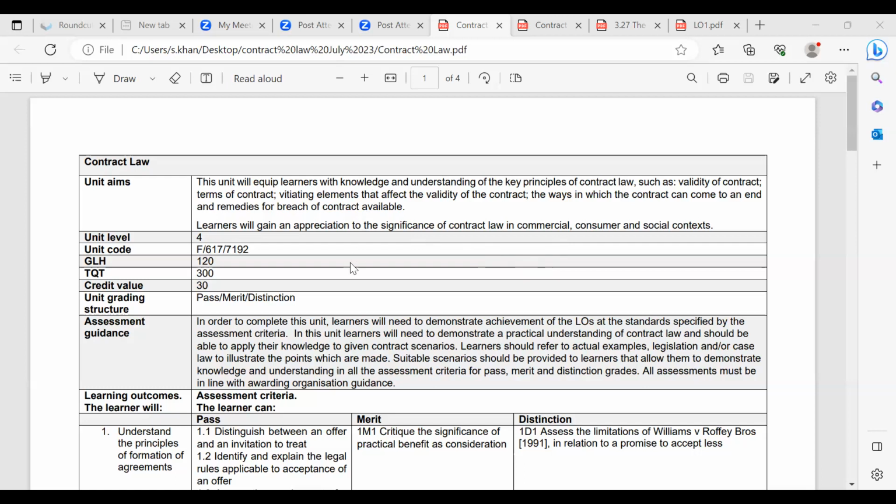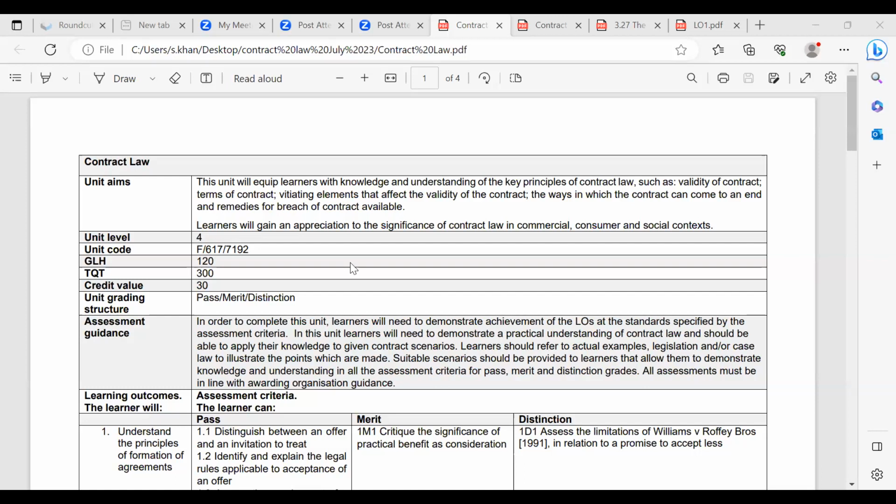The unit aim is to equip learners with knowledge and understanding of key principles, such as validity of a contract, terms of contract, things like offer, acceptance, consideration, and in which ways a contract can come to an end, remedies of breaching a contract, and you will be able to gain an appreciation of the significance and importance of contract law in both commercial,